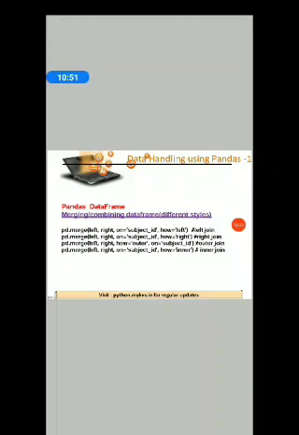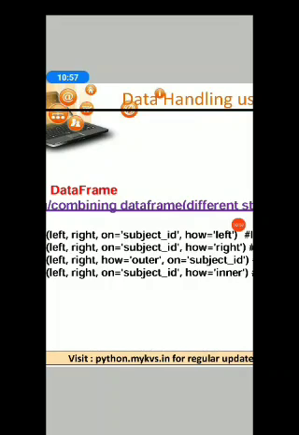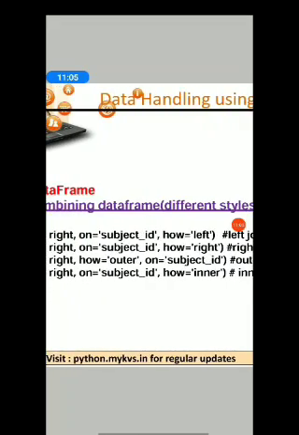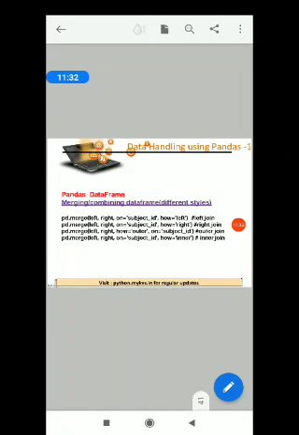Please try different style merging. You may change the on. First time I am merging it on ID field. Now it is subject field. On, how equals left. If we are joining or merging, we may give how parameter and on parameter. In the how parameter we may mention whether we are doing right or left join, or outer join or inner join, and the on parameter will give on which field I want to do the merging. So okay,